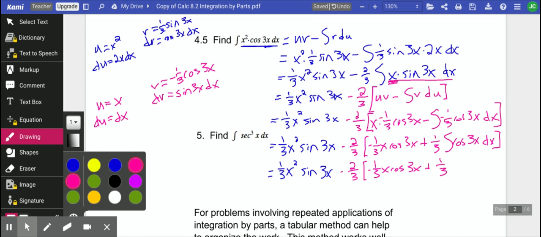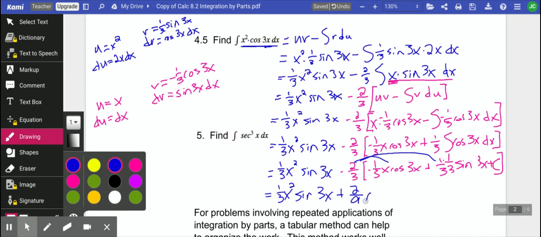All right, now we need the antiderivative of cosine 3x, which is going to be sine 3x. But then with our chain rule, we're going to need to account for that 3. So we're going to need another 1/3 out here plus c. And then our last step is this negative 2/3 that's out here is going to have to get distributed to both of these. So we get 1/3 x squared sine 3x plus 2/9 x cosine 3x